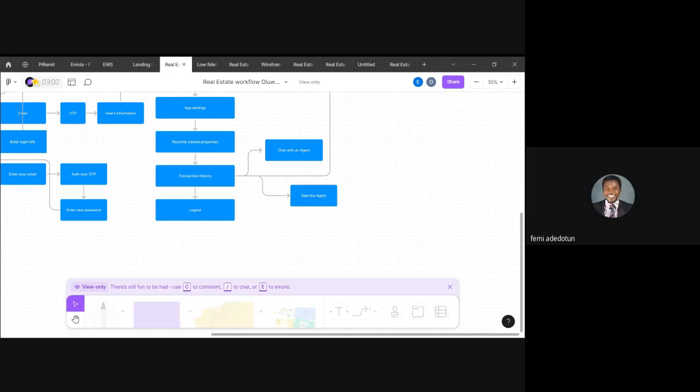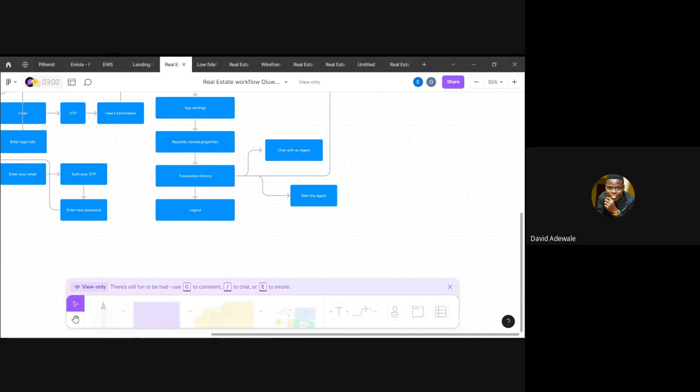Okay. So both of you have a very valid point, and I think it's awesome. However, for the sake of user experience, the best place to have your chat with agent will be immediately after the user has seen the details of the property, even before requesting.